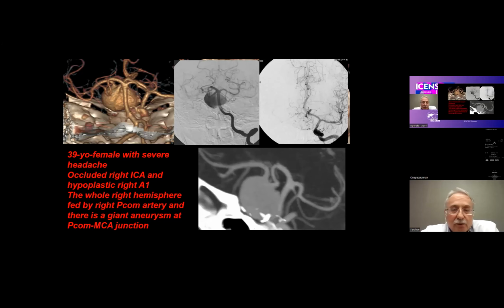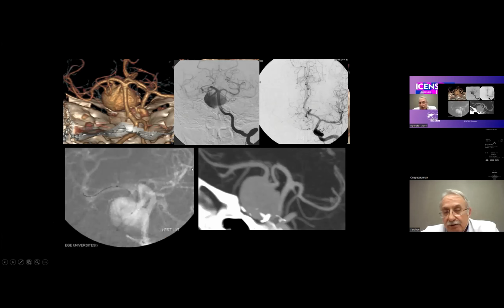So basically, the right hemisphere is dependent on that PCAM, and that aneurysm, depending on the aneurysm flow. When you look at the aneurysm, that's what he looked at. He first tried to go with the loop from the PCAM and thought about then placing